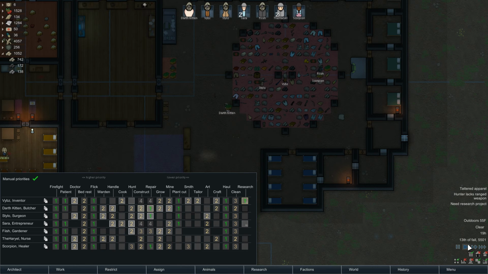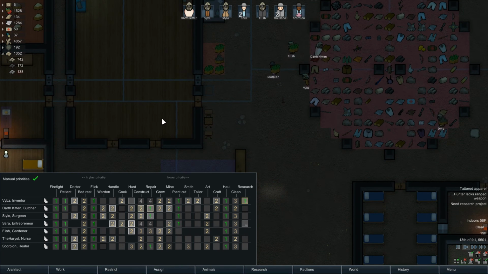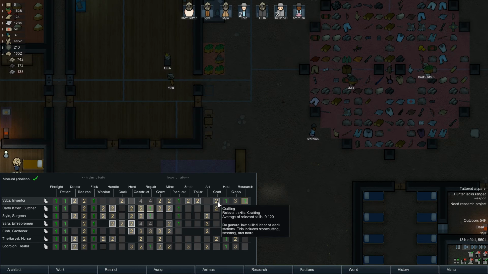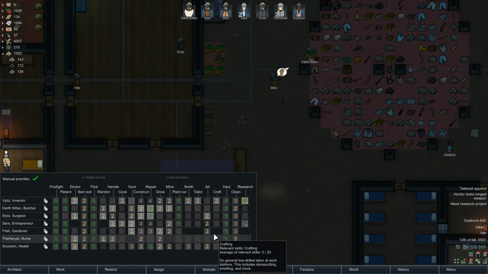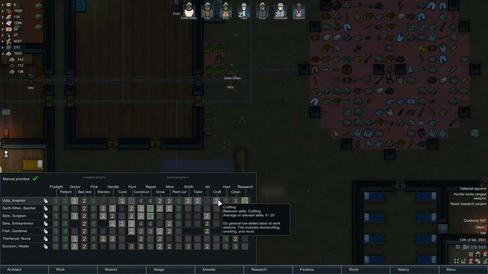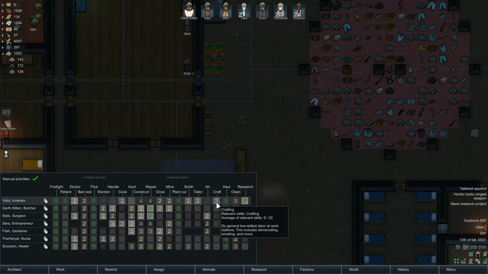The one thing I can do now, I guess, is the benefit of being able to see into the future. What I did is I crafted a component table, because that's one of my big priorities, and what happened was I didn't have anyone who could actually craft components because you need a crafting skill of at least 10.